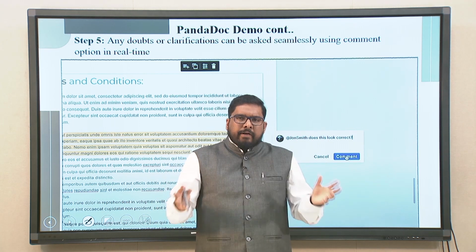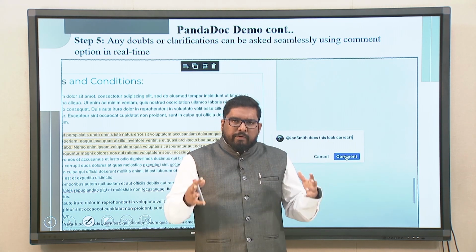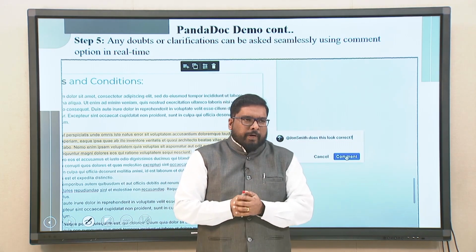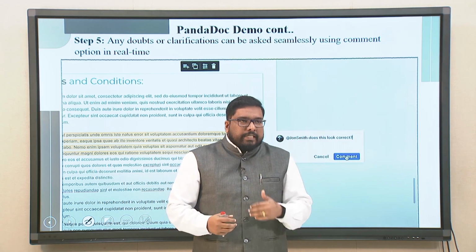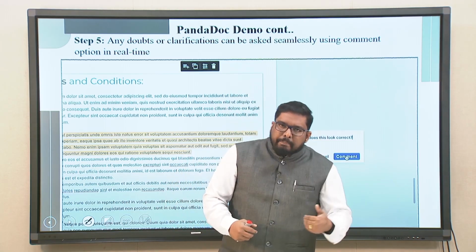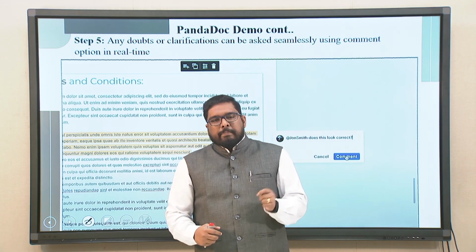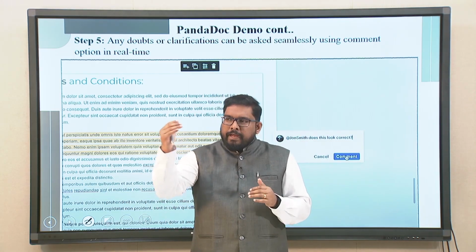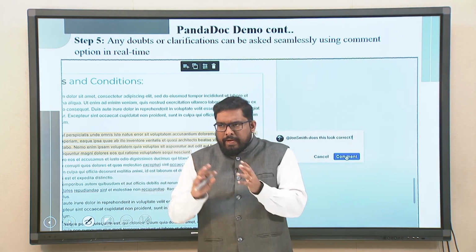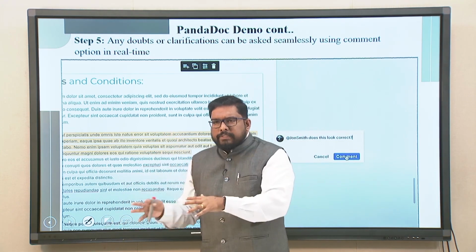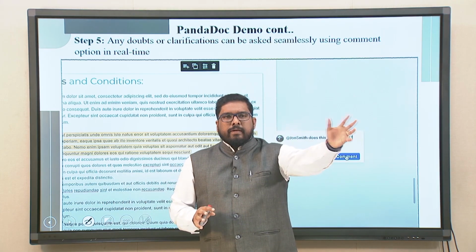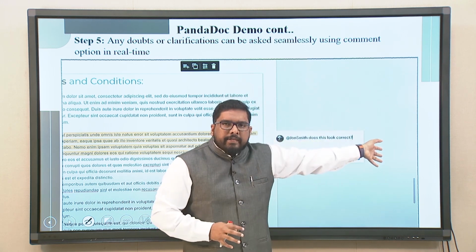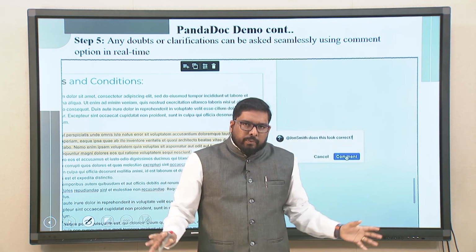So things like PandaDoc, platforms like these which have an AI integration module, are actually facilitating the work. They are easing out the work. Things can be done in a more prudent and pragmatic fashion without wasting time. And that's the interesting point specifically. If you look into this particular document, it's being edited in real time. You can add on the comments. It's not like the comments are added, then it is sent to some person. It takes another couple of days to make a decision there. Then it travels to another desk. So this is not what we are looking into.